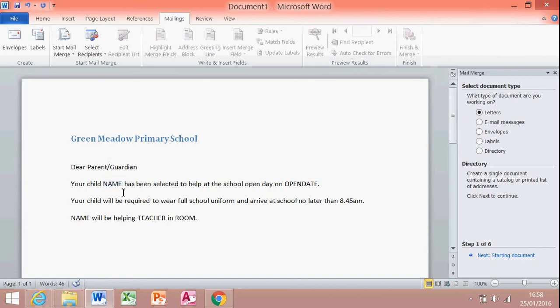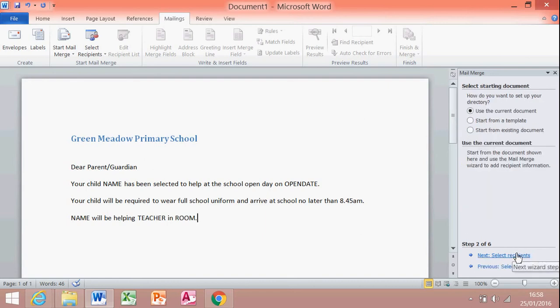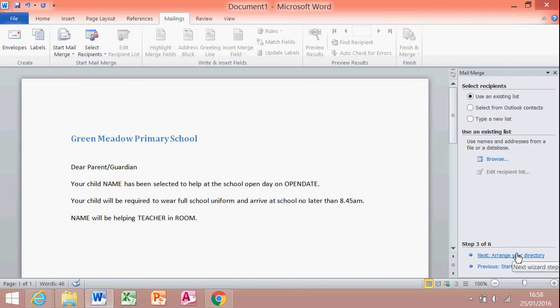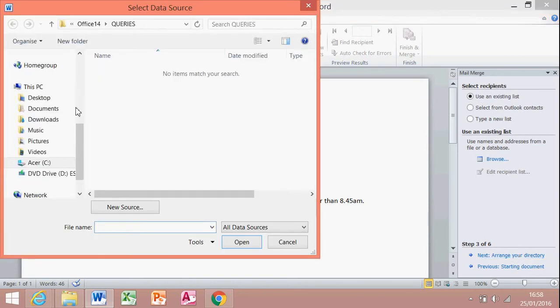And later we'll insert the fields that have come out of the text data, so it will create a load of slips automatically. So directory, click next, use the current document, yep, click next, use an existing list, yep, it's that one we just saved, click next, then it asks where the list is, so you find it,